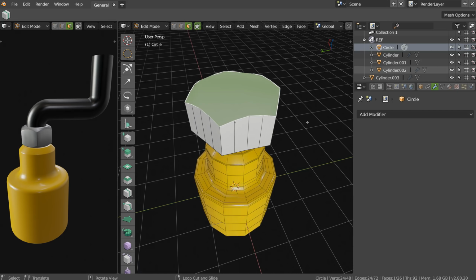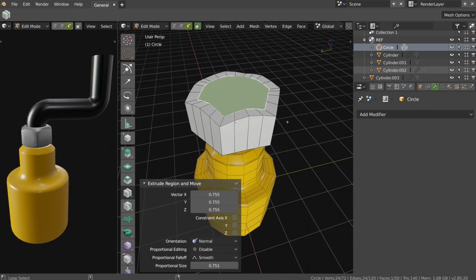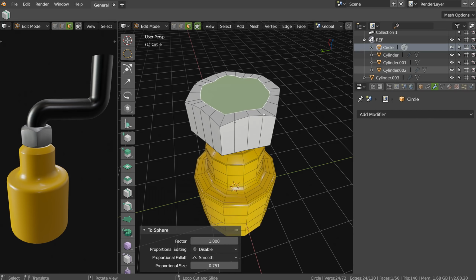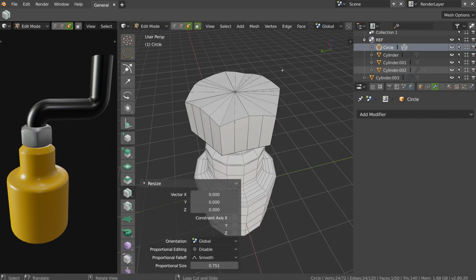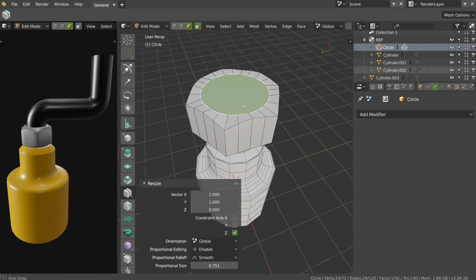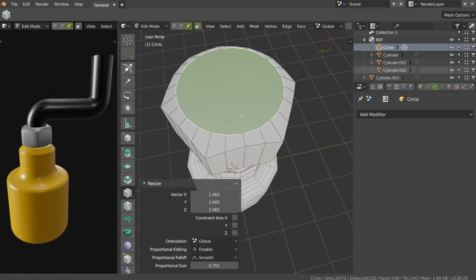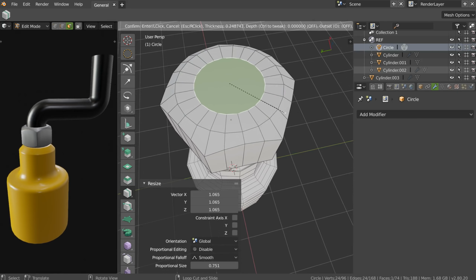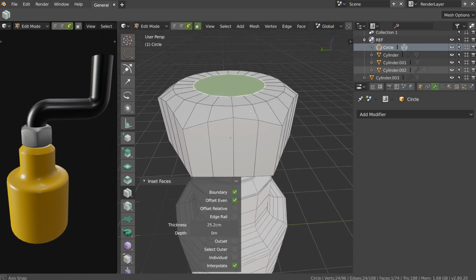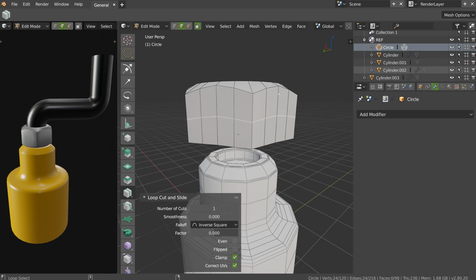So I will just press E, S, like this, and I will press Alt, Shift S, like this. Another time, SZ0, like this, move like this. So, I have this result, I will press I, like this, Control R, like this, Alt,